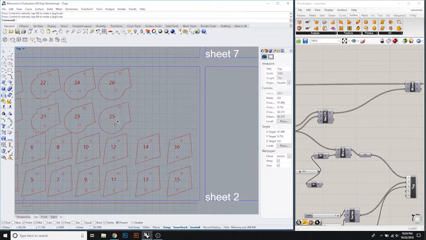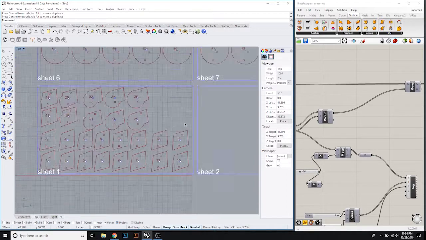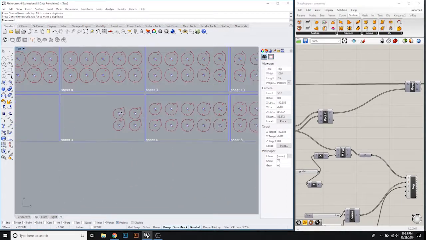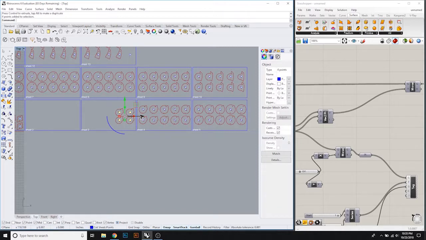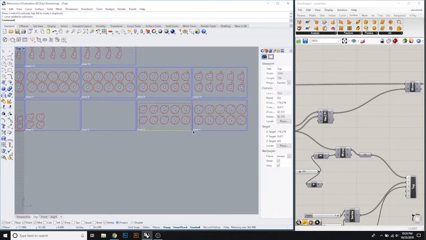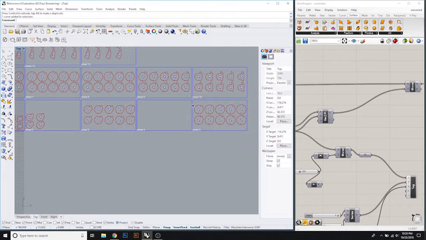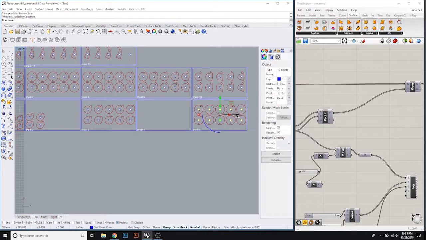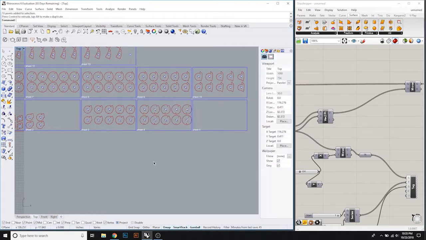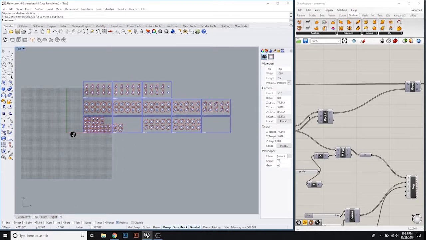Now each of my pieces has a curve to cut and a name. So let's just make sure that these are in the right spot. Obviously I can become much more efficient at laying these out. Okay, so once I have them laid out right,